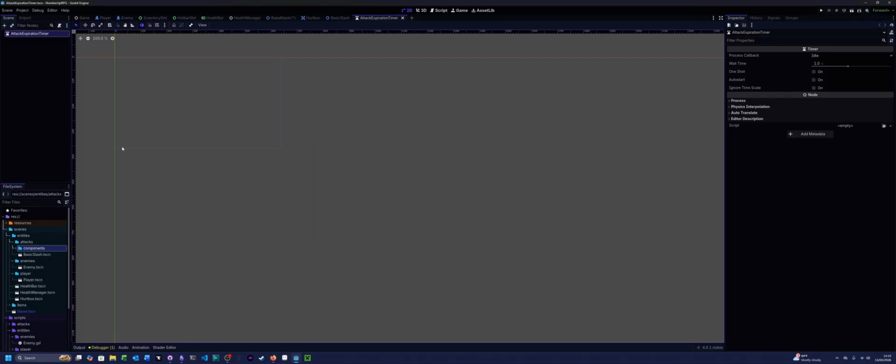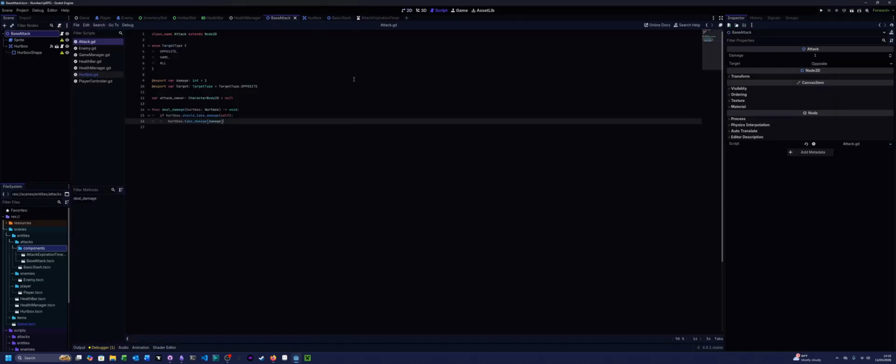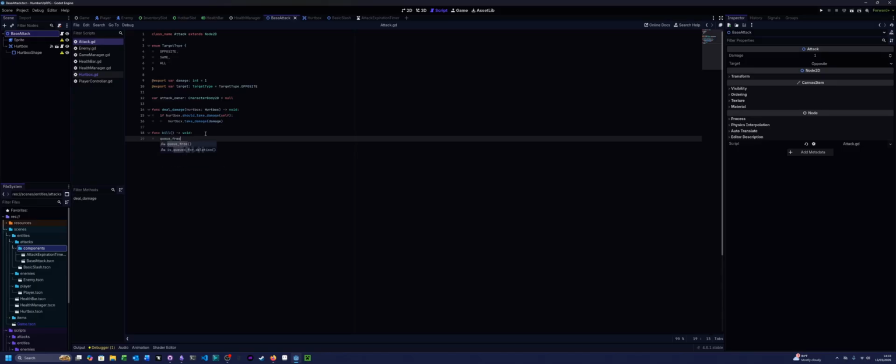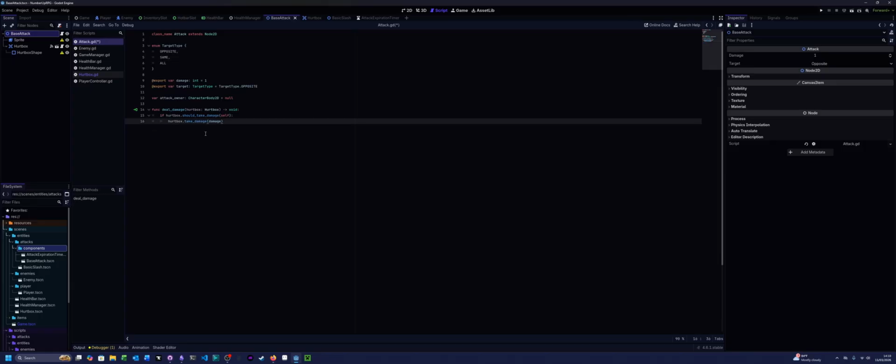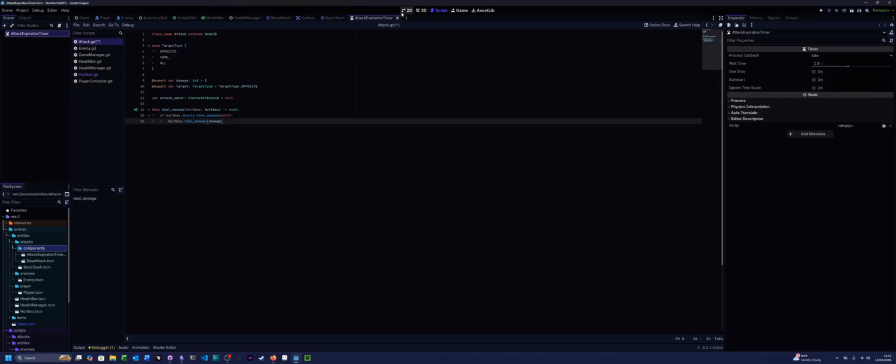There we go. Now we have these components, and I'll have it have a kill script. Well, we can actually just,